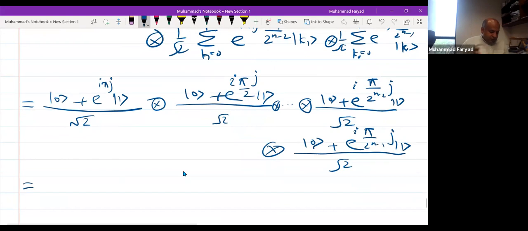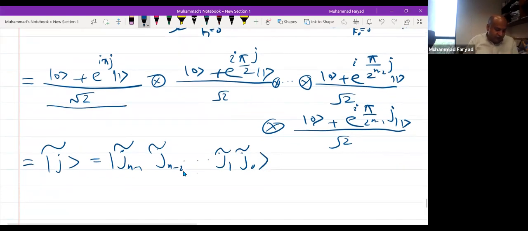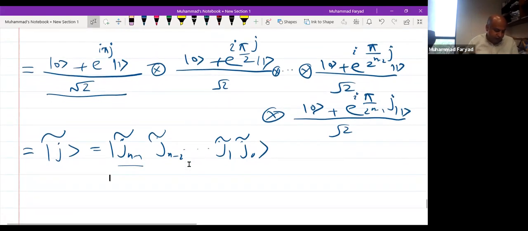And just to remind you, on the left side, we have the Fourier transform of state j, which was jn minus 1, jn minus 2, all the way to j1, j0. So this is our qubit state jn minus 1. Let's just see what this is. Can we simplify it? So jn minus 1 is 1 over square root 2, 0 plus